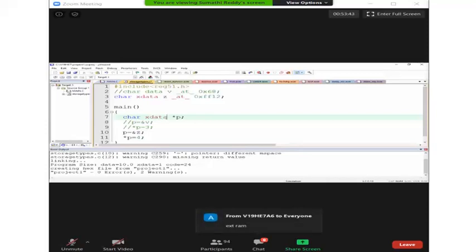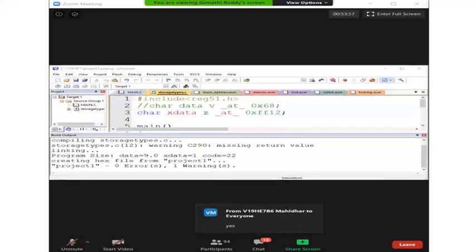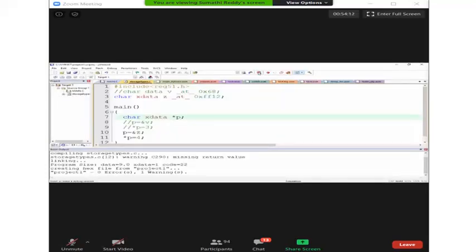Pointer P can point to external RAM. Now, can it point to Z or not? Can it point to Z? Yes. Because you have strictly informed the compiler that it can point to the external RAM. So let me go with it now.